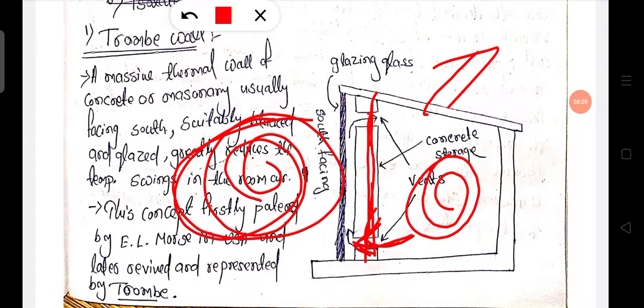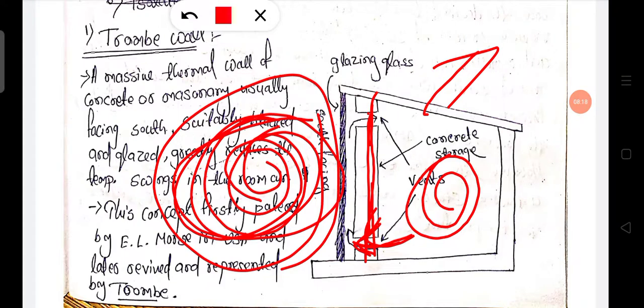And at peak summer or noon time, when there is so much heat, we can get less temperature by